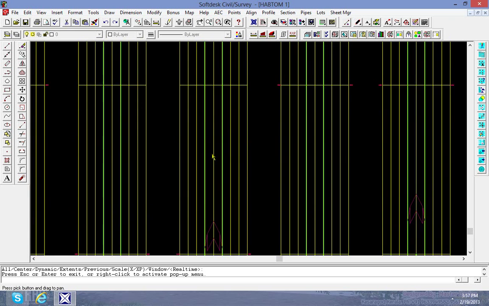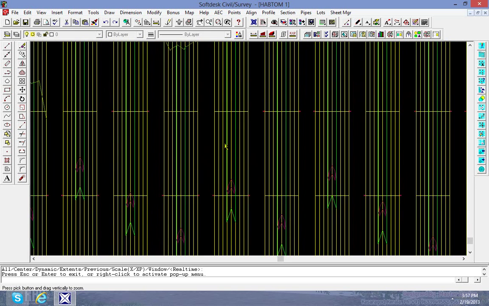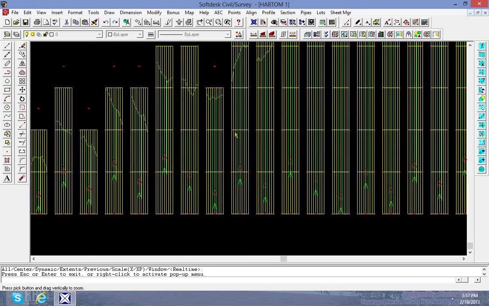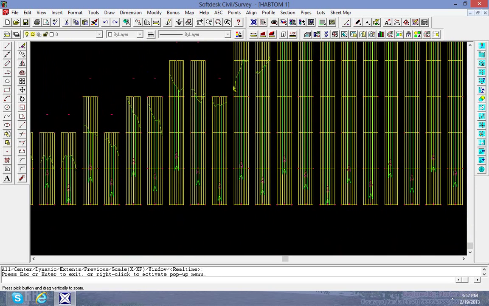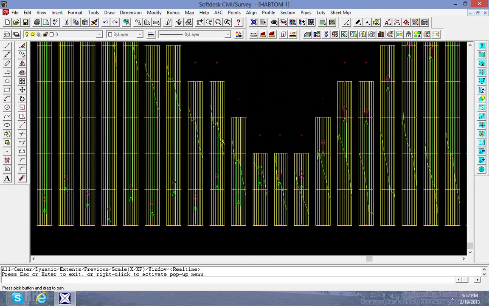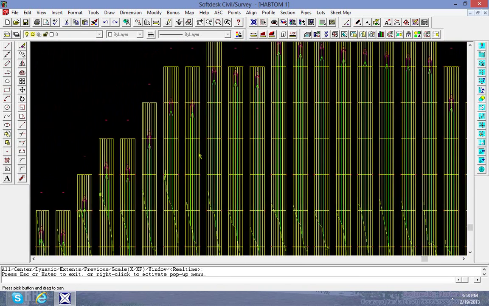The template is below the natural ground surface. This line is the natural ground surface and this is the template. The template is below the natural ground surface. It indicates the natural ground surface is cut. The natural ground surface must be cut, or in the profile you can see the natural ground surface is cut on this chainage, and the other side, around this,